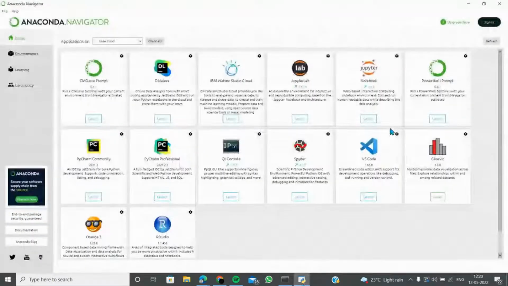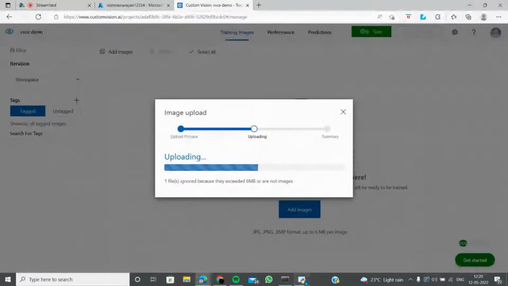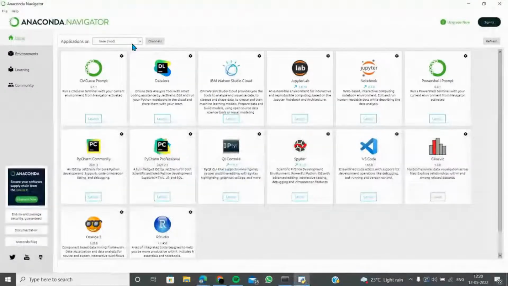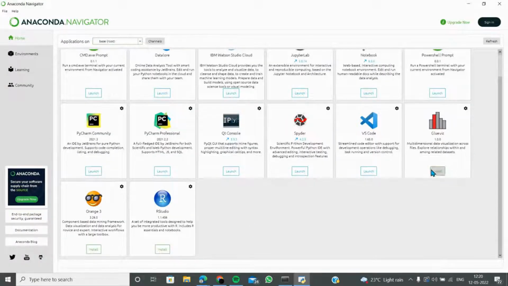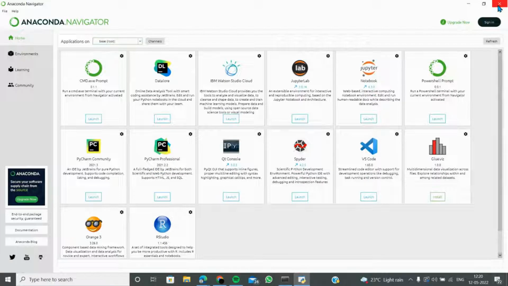All right, Anaconda is here. So this is how it will come in after installing it. So by the time it uploads, I'll walk you through that. So conda create -n, you can create as many environments as you want. I've already created one more. Data load is one of the other platforms from PyCharm. You can start using it. And of course, RStudio is here. You can start working on any of it. So every platform comes in one portal for you. So you guys can just use that.